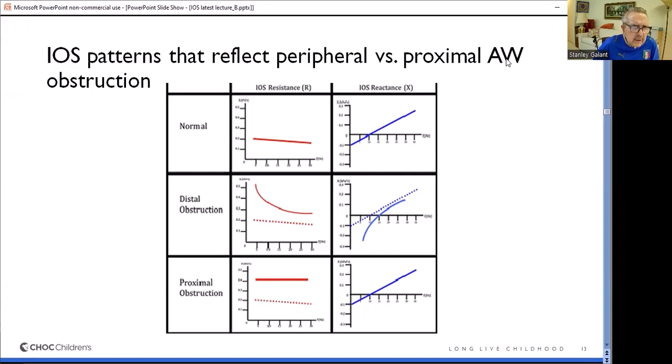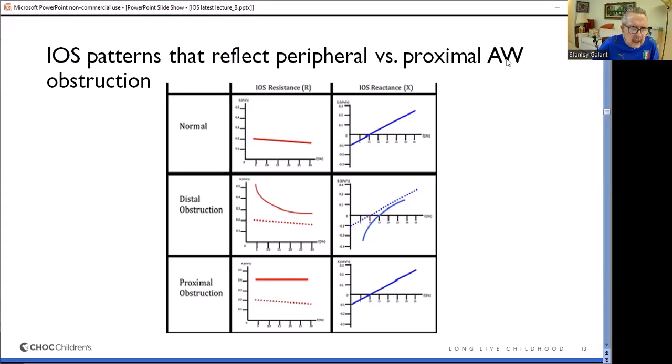airway, we see first the normal resistance pattern in red, and we see the reactance normal pattern in blue. For distal obstruction, we get a much greater resistance at 5 minus 20 hertz, and that R5 minus R20 shows frequency dependence, very characteristic of peripheral airway. The greater distance difference between R5 and R20 indicates that. And also we see greater reactance